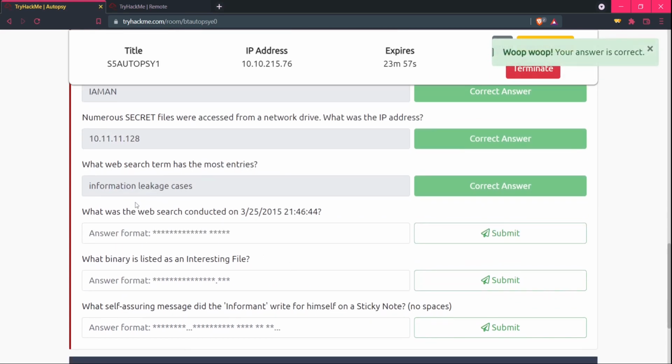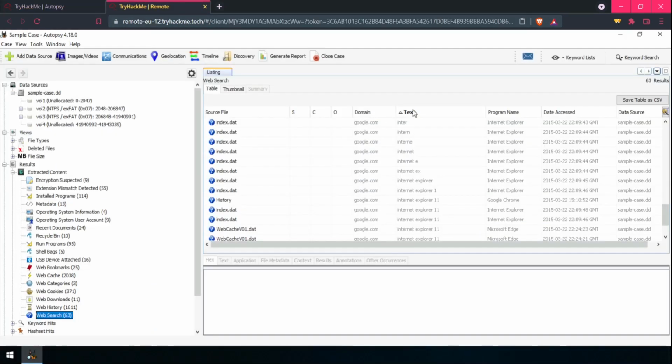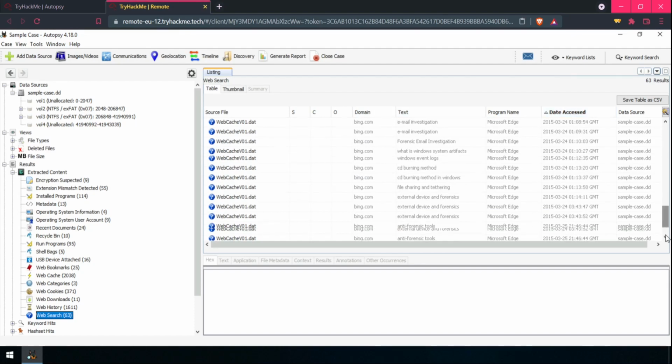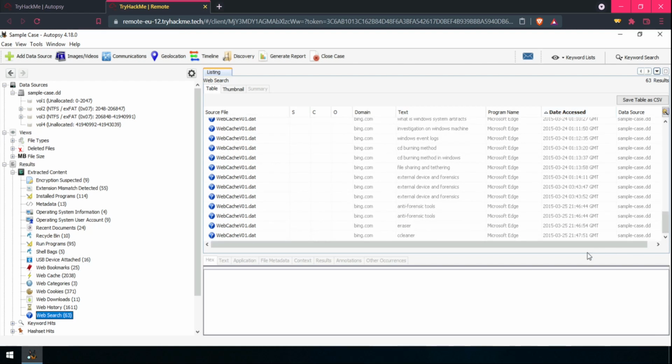The next thing is: what was the web search conducted on 3/25/2015 at this timestamp? Let's shorten up the section by the date. Let's go over to the 25th of March, which would be at the bottom, and there it is, and the timestamp is the same one, 21:46:44.